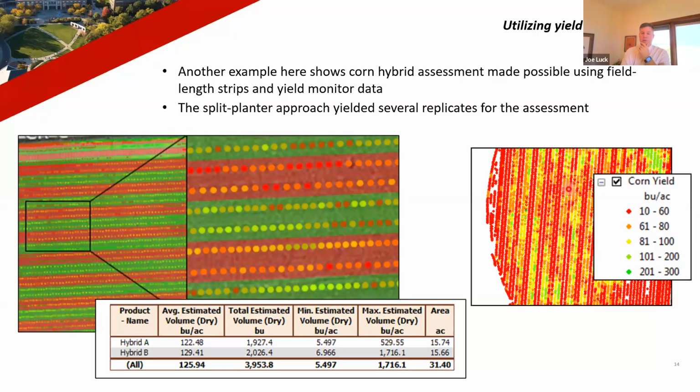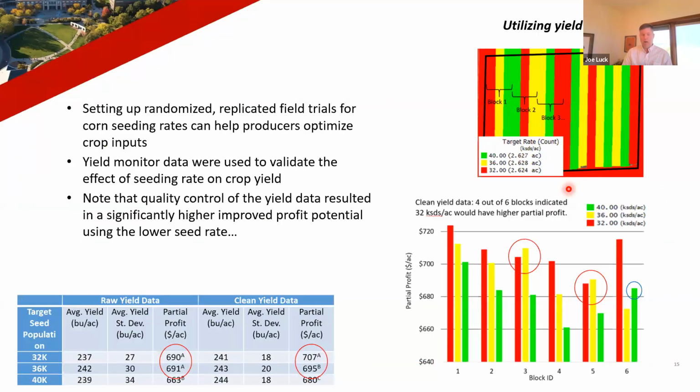But if we didn't have this yield monitor data, that study would have been a bust. So there's a lot of usefulness here, I think. And one of the things you'll hear me talk about a lot is on-farm research. I think it's one of the best ways to make use out of these technologies. We'll talk about some best management practices here, but really two key terms to this for me are randomized and